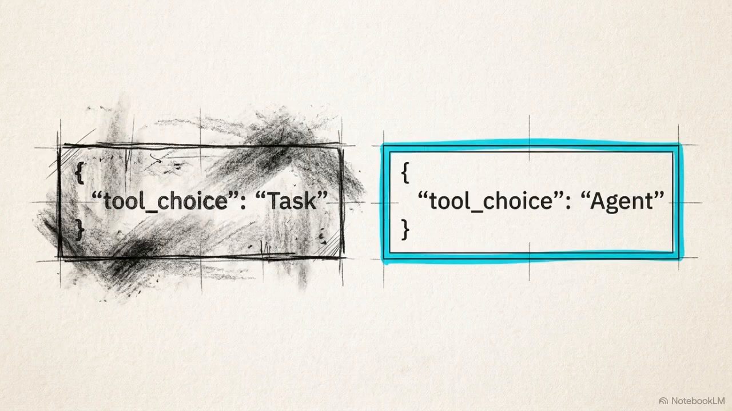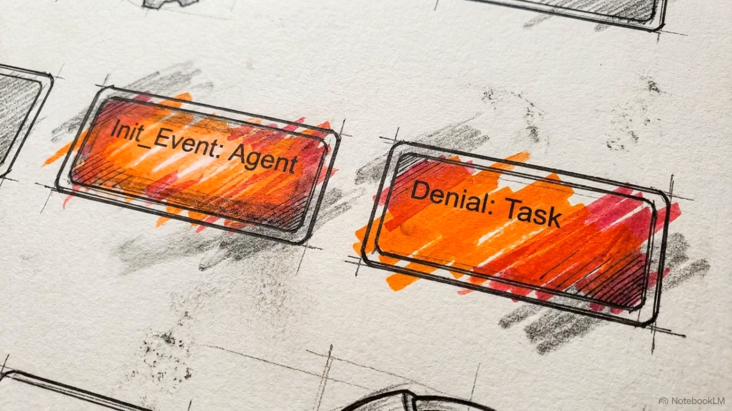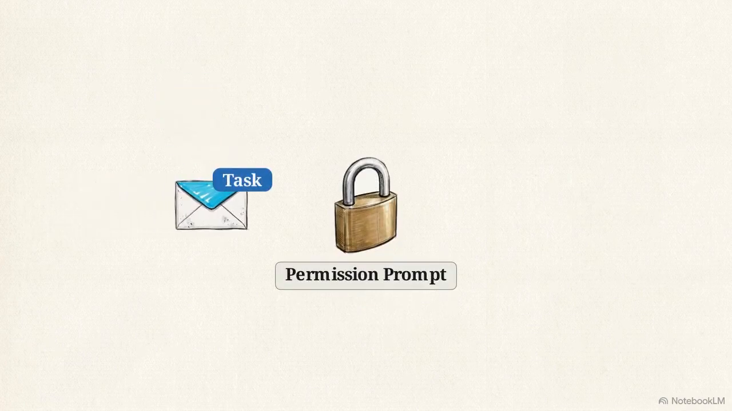To enable delegation, you must explicitly include the spawning tool. Historically, this tool was named Task. In newer SDKs, it is named Agent. The exam vocabulary relies entirely on the term task. However, your actual detection and monitoring code must be written to match both names to catch system init events and permission denials. Including this spawning tool in the array also acts as an auto-approval mechanism, bypassing standard permission prompts for